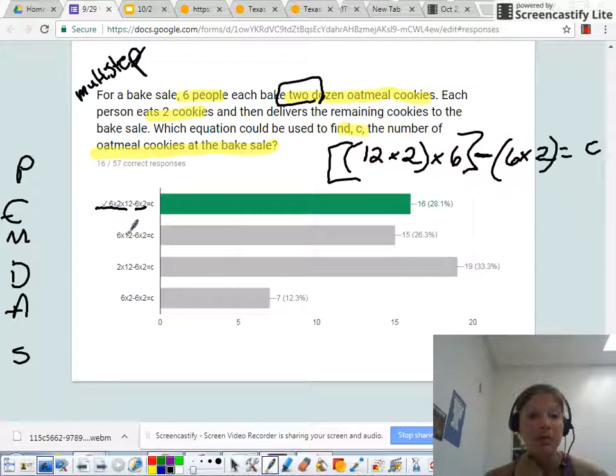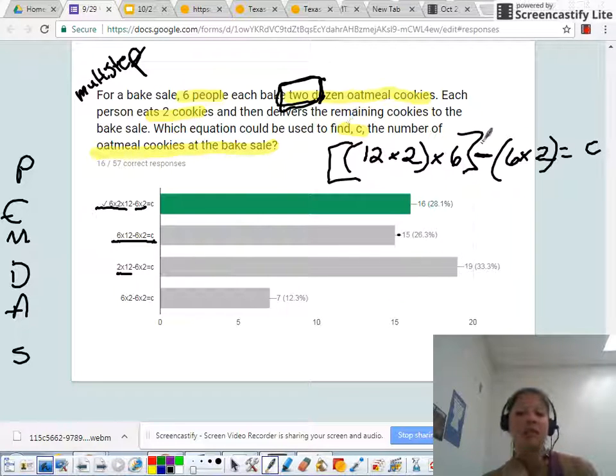6 times 12, well, that would tell me if they only baked 1 dozen cookies. And a lot of people chose this because, look right here, 15 people chose it, and only 16 people chose the right answer. They didn't read this closely where it says each one makes 2 dozen cookies. All right, so then most people chose this one. 2 times 12. So they've read that there's 2 dozen cookies. And they read that each person eats 2 cookies. So they got part of it correct. But they just need to have it